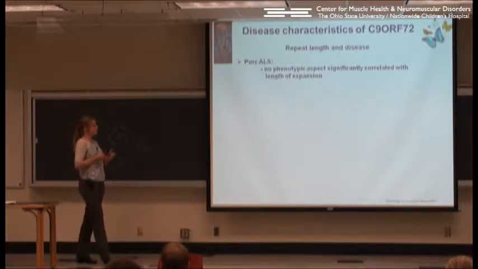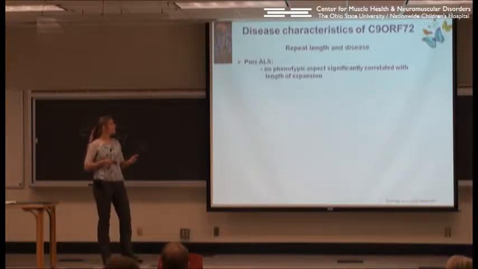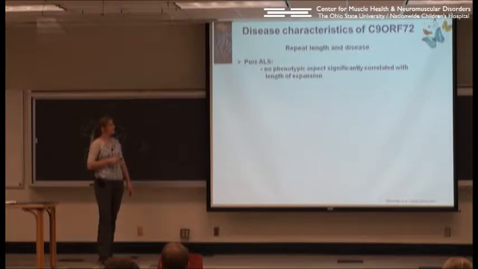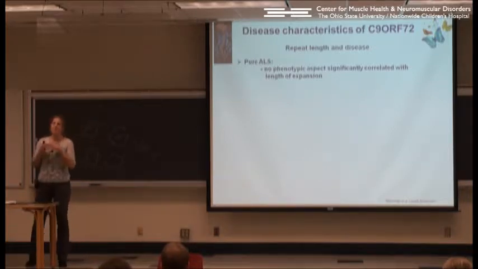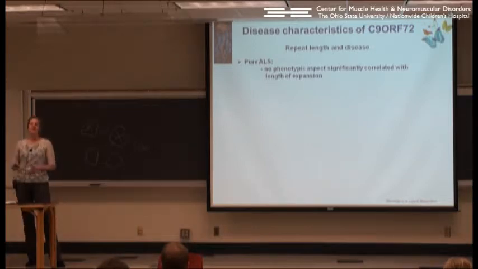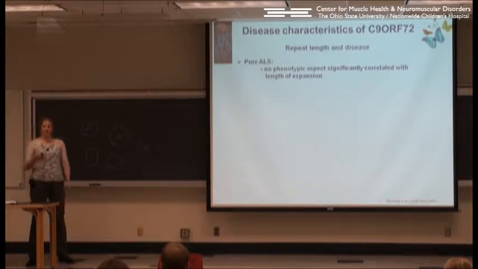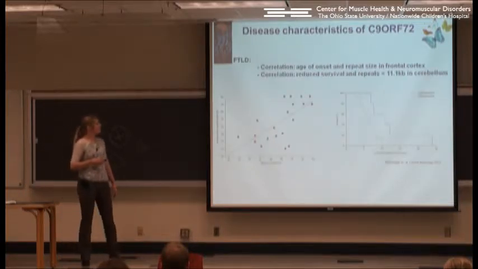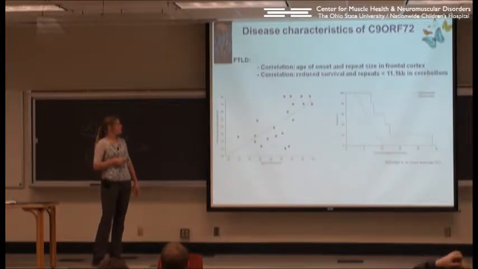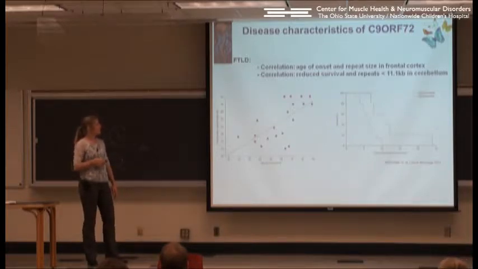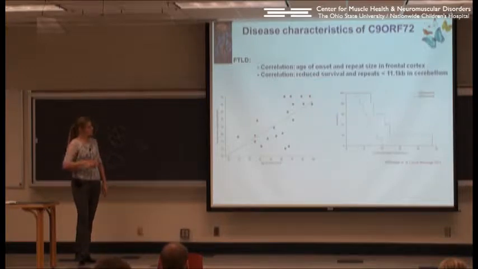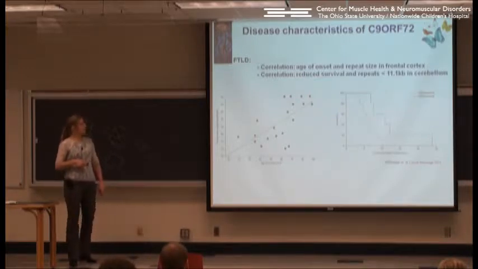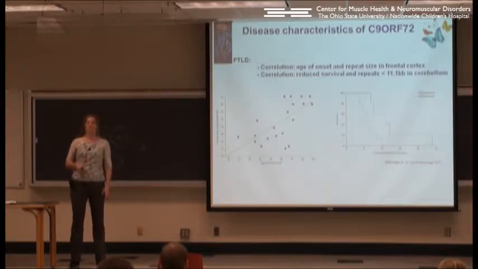So for the repeat length and the disease association, there has been no phenotypic aspect that significantly correlates with the length of the expansion. So having a longer expansion doesn't necessarily mean that you're more sick compared to somebody who has a shorter expansion. However, for frontotemporal dementia, it has been shown that the repeat size correlates with the age of onset, although it's not a very clear correlation. And it also has been shown that if you have